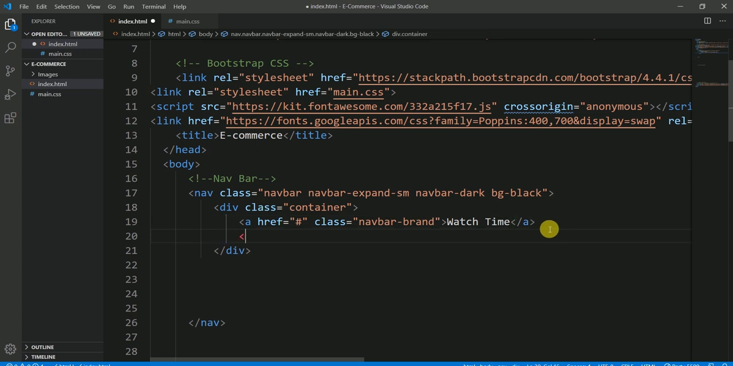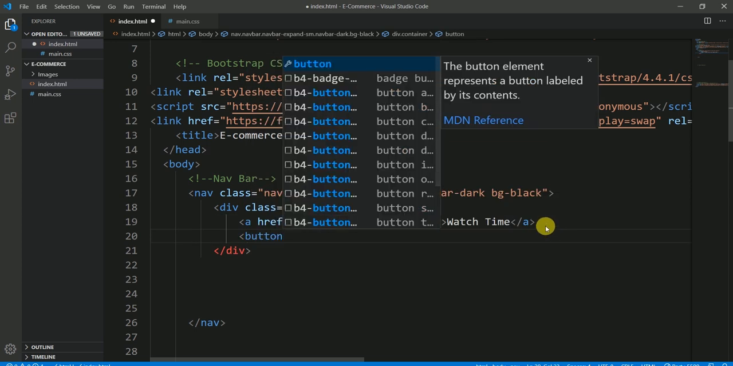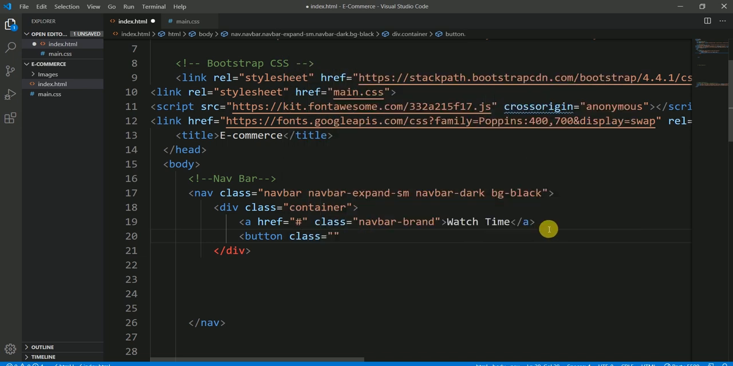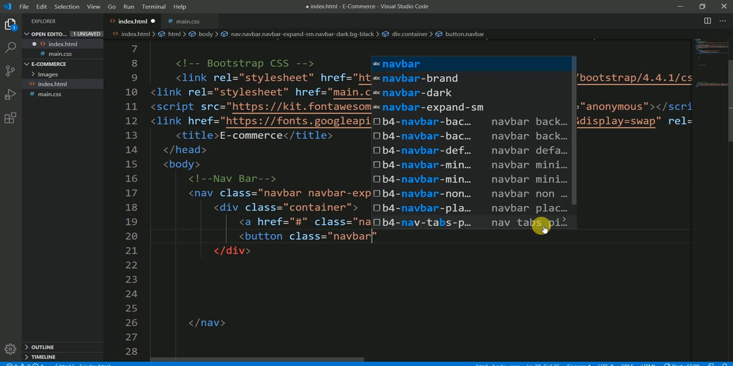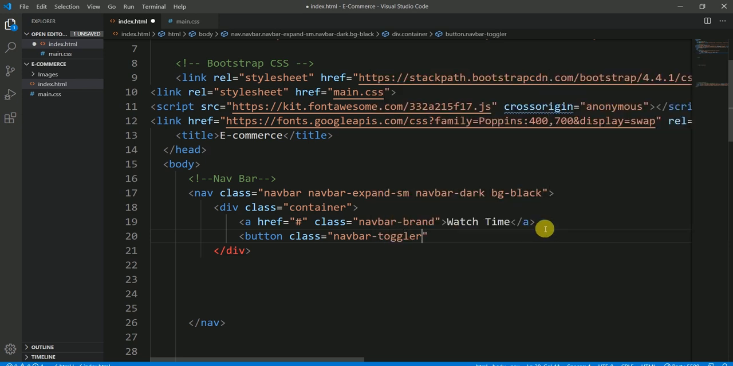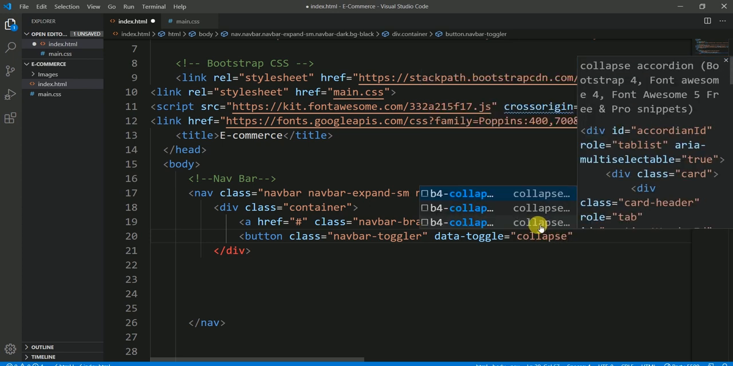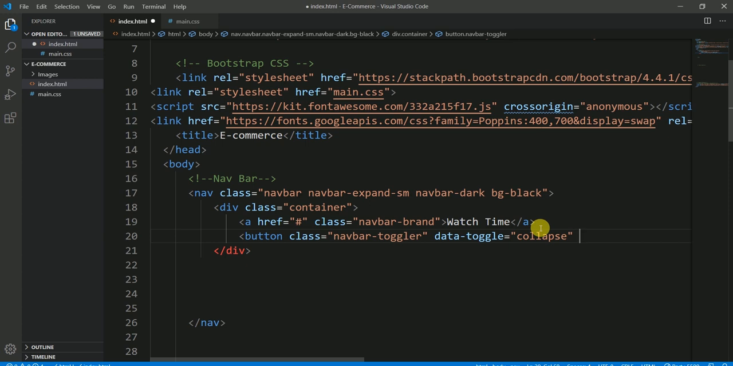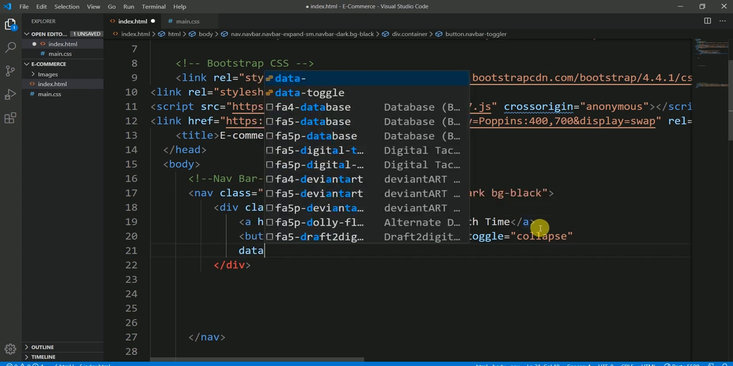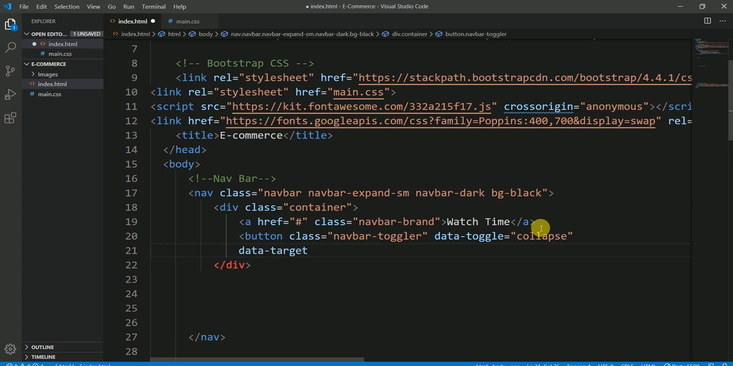Now let's go with the button and assigning it a class of navbar toggler. It's a Bootstrap class, and then data toggle collapse, and let me break it. So data target, and here I want to go with the ID of navbar collapse,